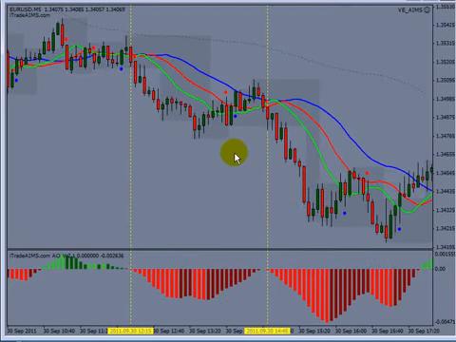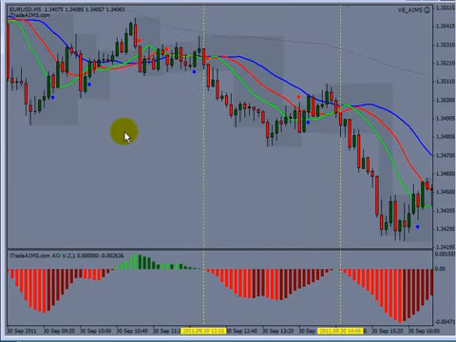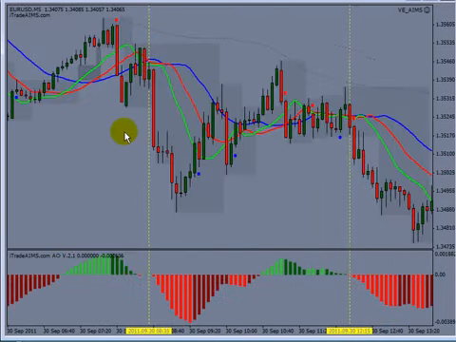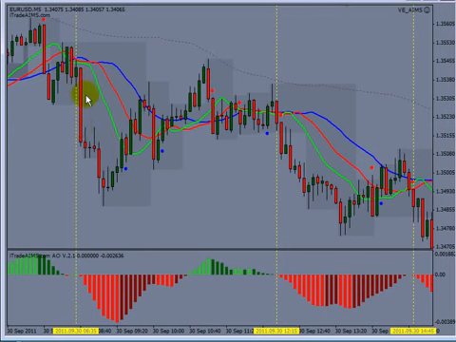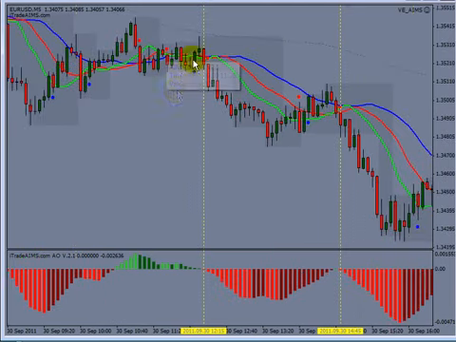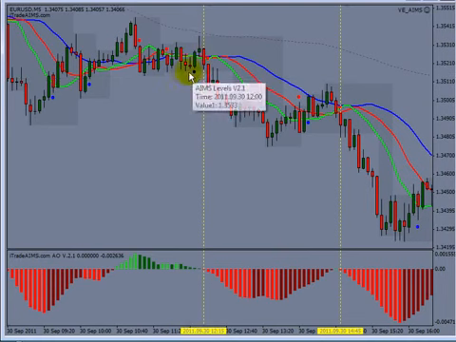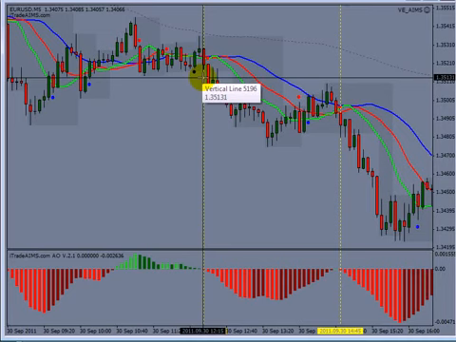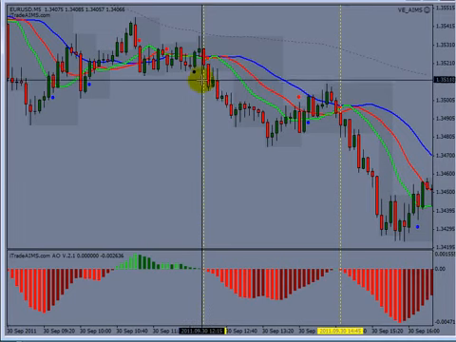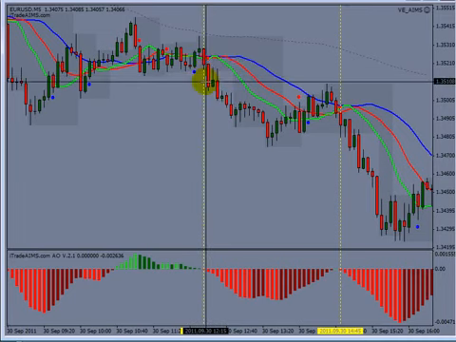But more important than dots is understanding the concept of the wave. The wave does something like this: an impulse wave, then it comes back to the alligator's mouth, then the alligator sleeps, and when it sleeps, that's when we are interested. Now, when the alligator sleeps, that's where you will get the whiplash as well, but that doesn't matter because your whiplash is going to be very small comparatively